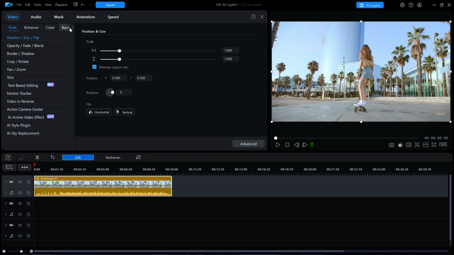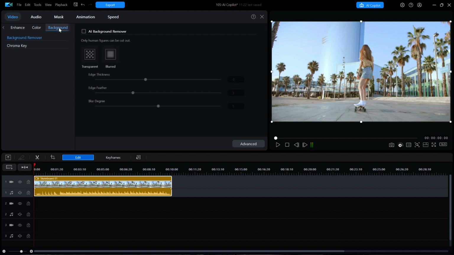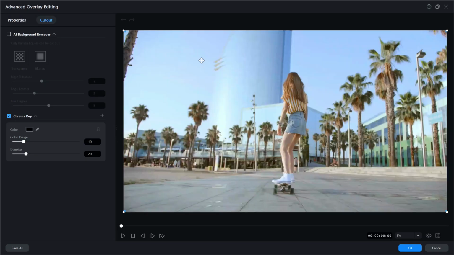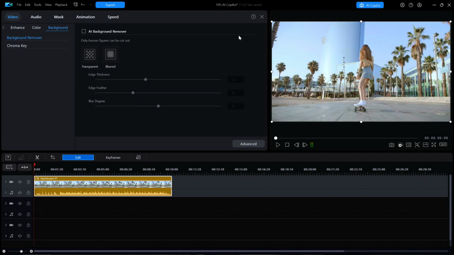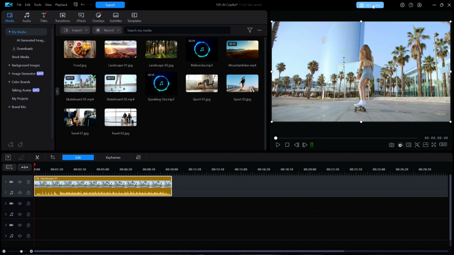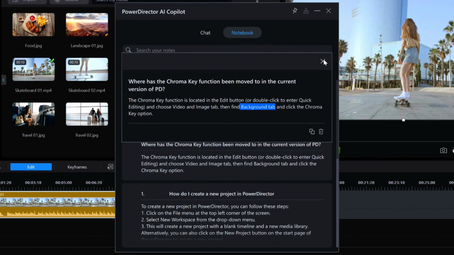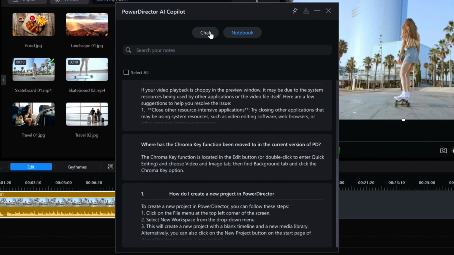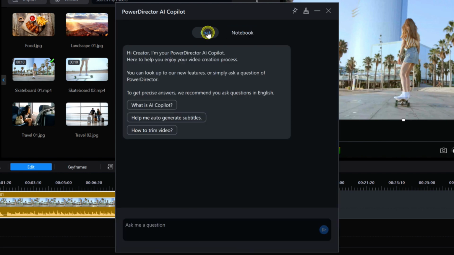So it's on the far right, at least for this month. There is a small arrow that will slide the menu to the left to make the word Background fully visible. When I click on Background to select it, you can see the menu option for chroma key appears below. I'll click once more on the blue Copilot button to bring it into focus. I'll close the notebook answer and then click on the word Chat to bring up the user input portion of